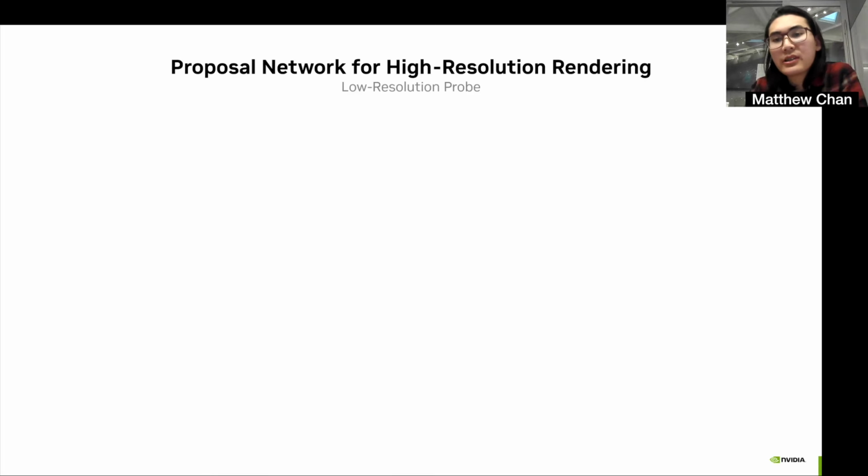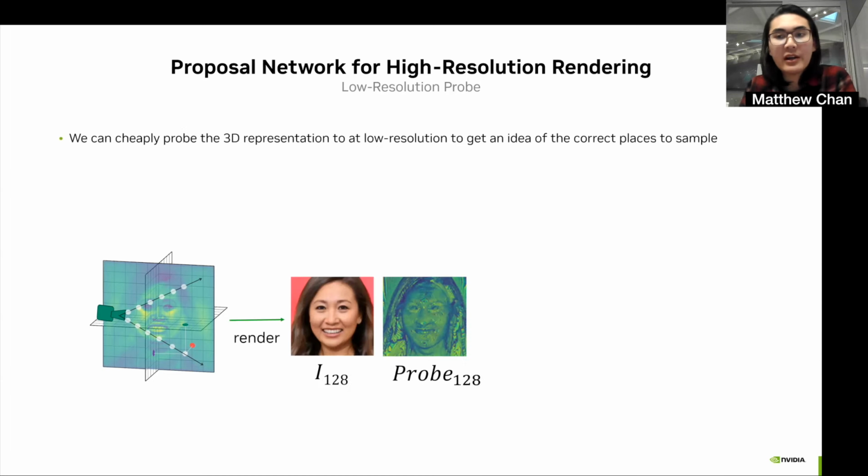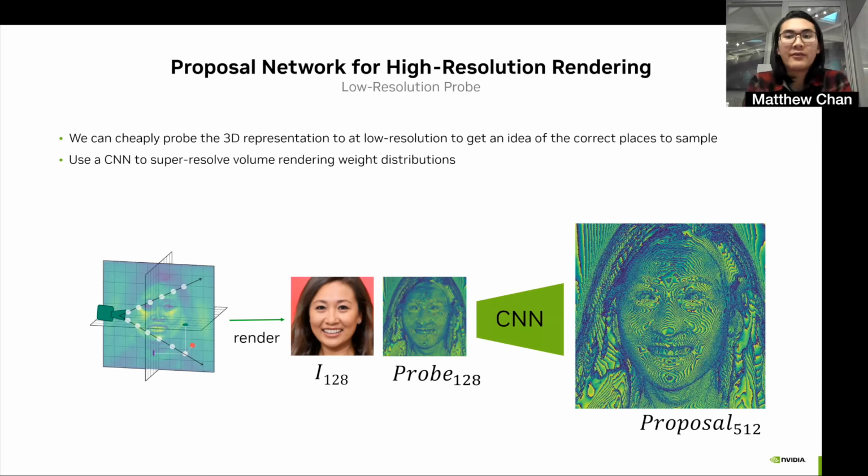So how does this oracle work? First, we'll take our image and we'll cast a low-resolution probe through the volume using naive sampling methods. This will give us a low-fidelity estimate of the volume within a scene, and then we can train a convolutional neural network to convert this low-resolution information to an intelligent high-resolution estimate of where objects are in space. We can then use this in our second pass rendering for the full resolution object, enabling us to efficiently sample only the regions of space that we truly care about, even though we're operating at previously unattainable resolutions.